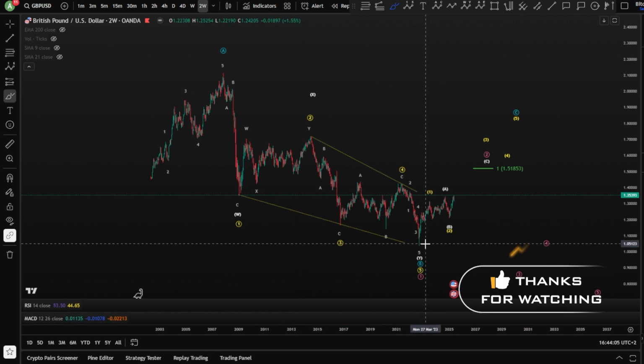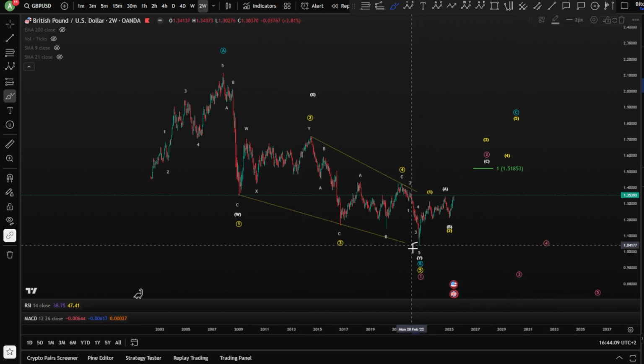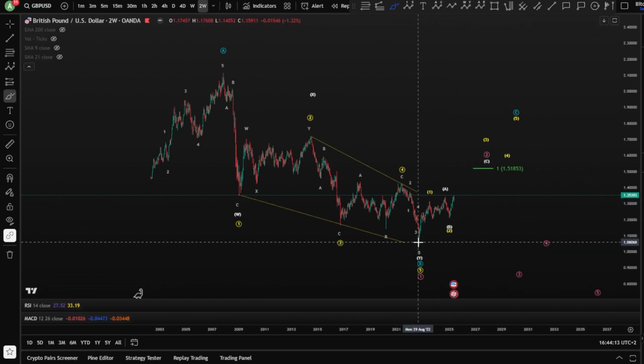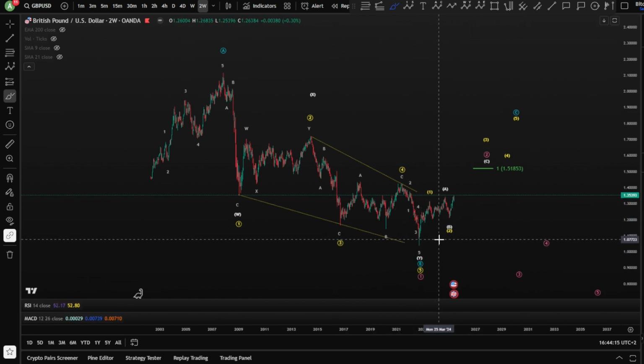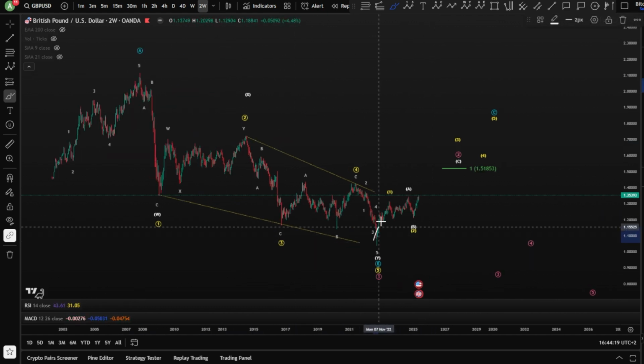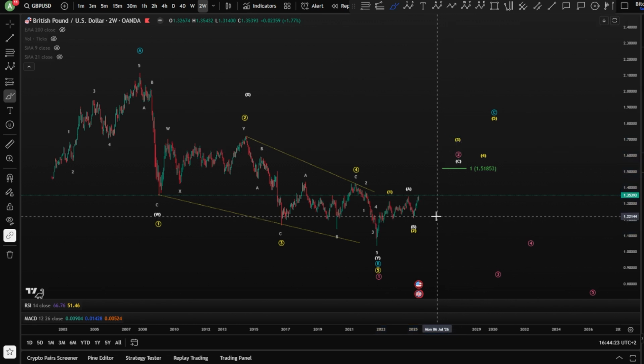Now, it can be as well that the market has found a new psychology at this area for the GPP, and we're moving toward the upside, since this is the lowest low for the GPP in the all-time history. Basically, I'm looking here at a potential 1, 2, and then 3, 4, 5 toward the upside.